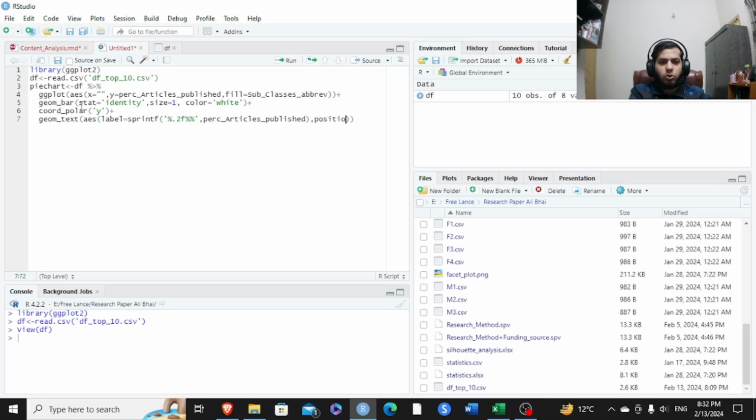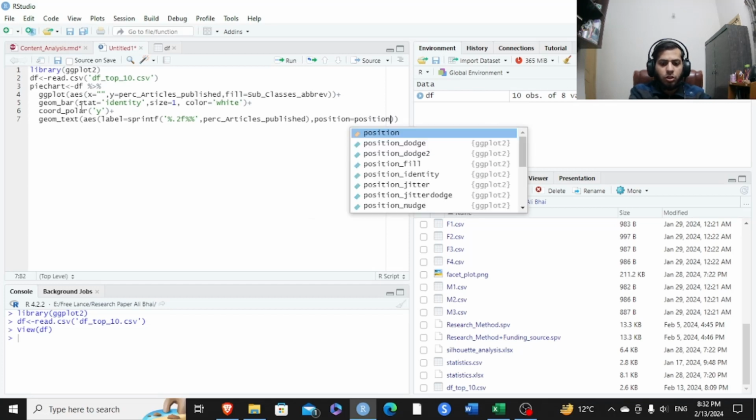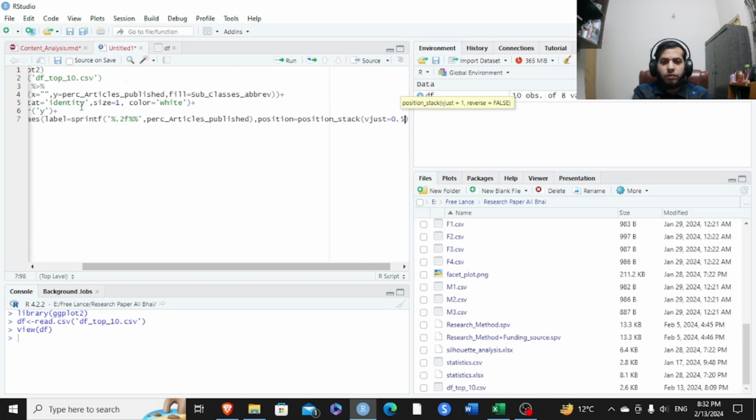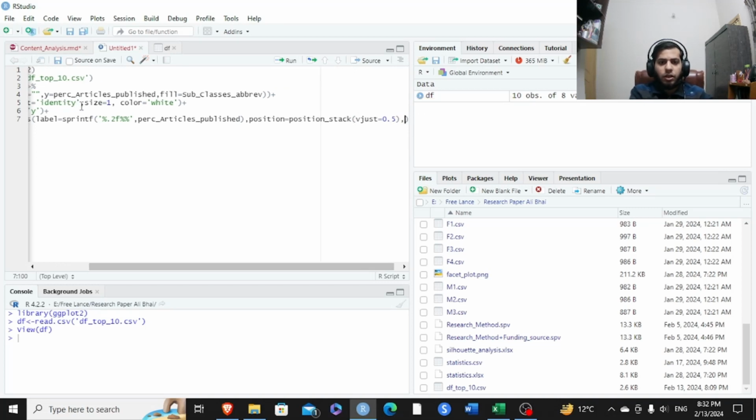Then the next step is to set up the position argument. Position is equal to position stack. Since we want our text to appear on the pie chart, that's why we're using this one, position stack. And adjust the vertical position is equal to 0.5. After this, I'll give it a size argument. Size is equal to 0.3. We can check it later on, okay? Okay, next step